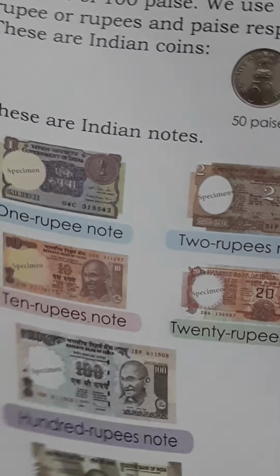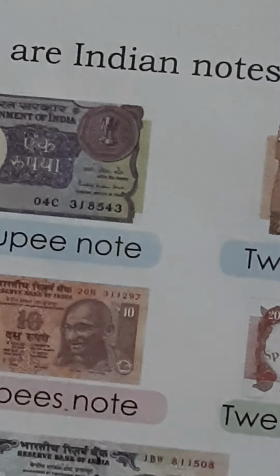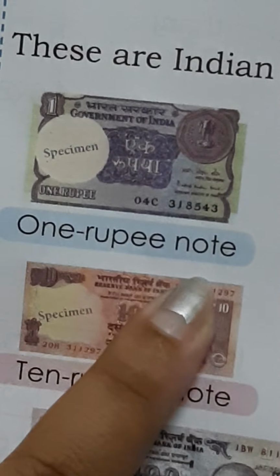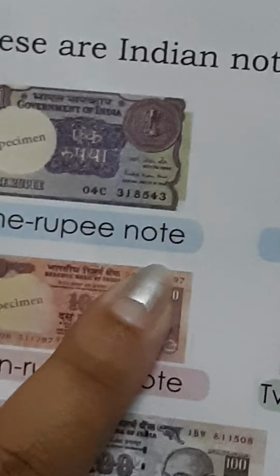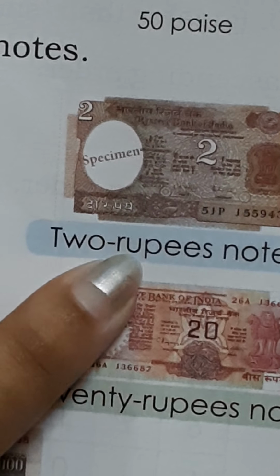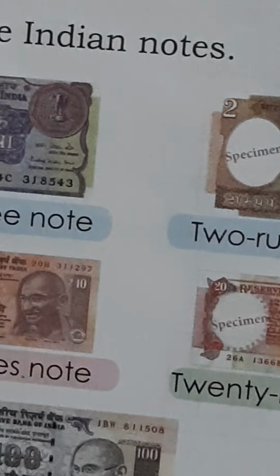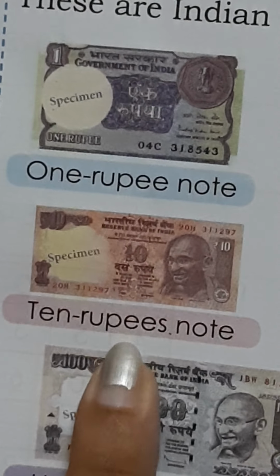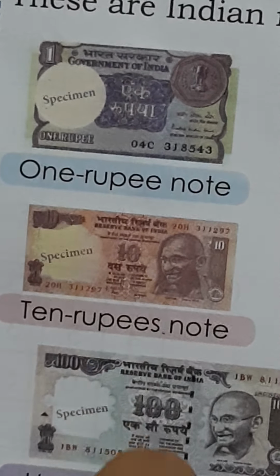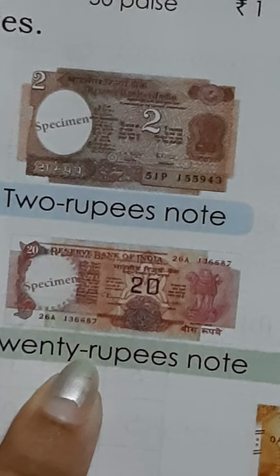Okay, now let's go see the notes. Okay, which are the Indian notes. So first it is 1 rupee note, like 1 rupee coin, the same value these two are. Next 2 rupees note. Next it is 5 rupees note. Next it is 10 rupees note. I think all of you know about the rupees. Okay, but now also you have to know that